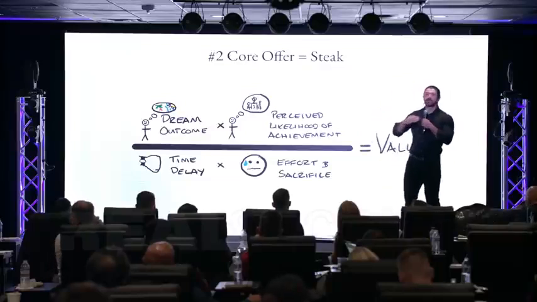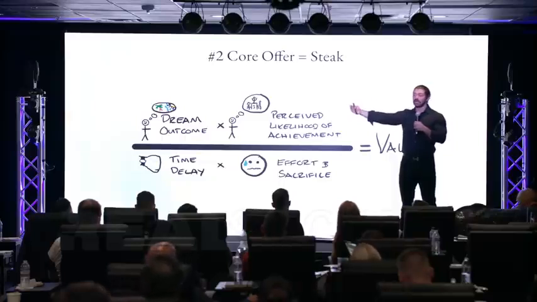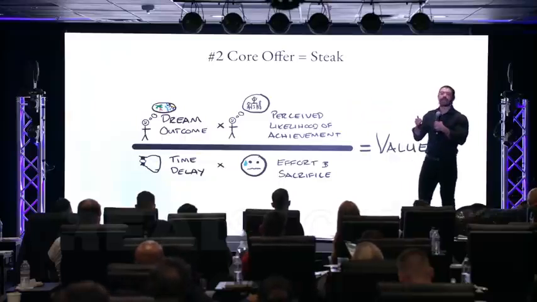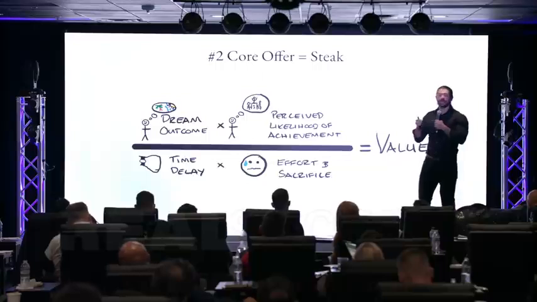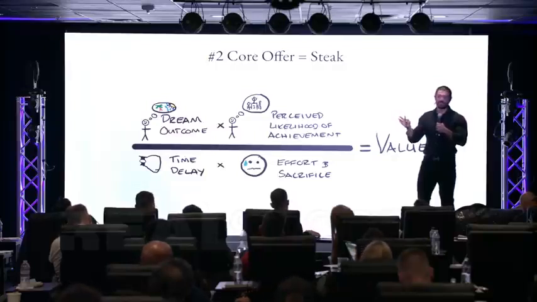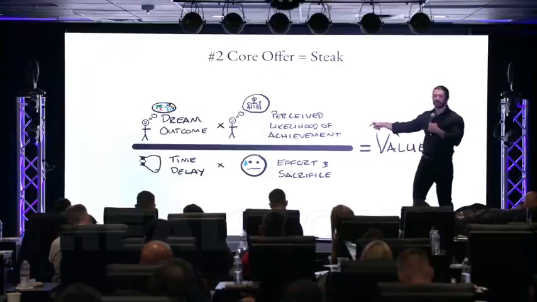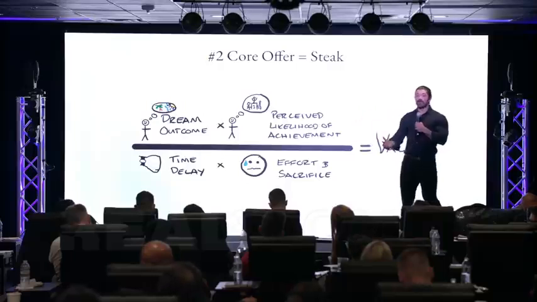But the second piece is, how long is it going to really take so-and-so to hit their goal, right? If it's going to take them a year, if I can shrink the time horizon, then I will increase the value of the product I'm selling. One of the easiest and best ways to make a product more valuable is look at what everyone else can do in a time period and cut it in half and then deliver that. It's the easiest thing in the world to sell. Speed. People love speed. All right? And so if we can shrink the time delay between when they buy and when they get, our product becomes